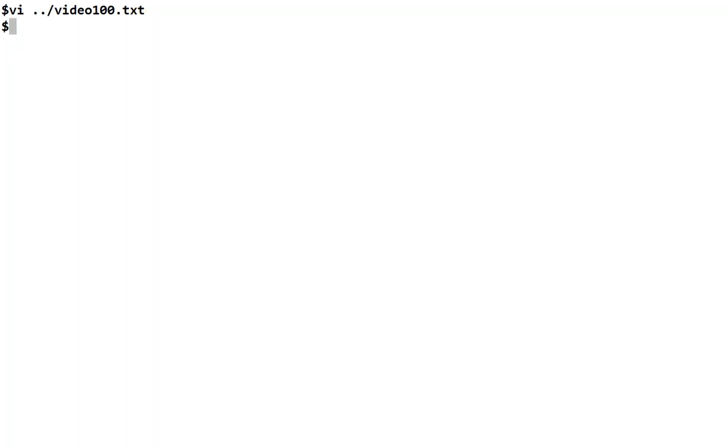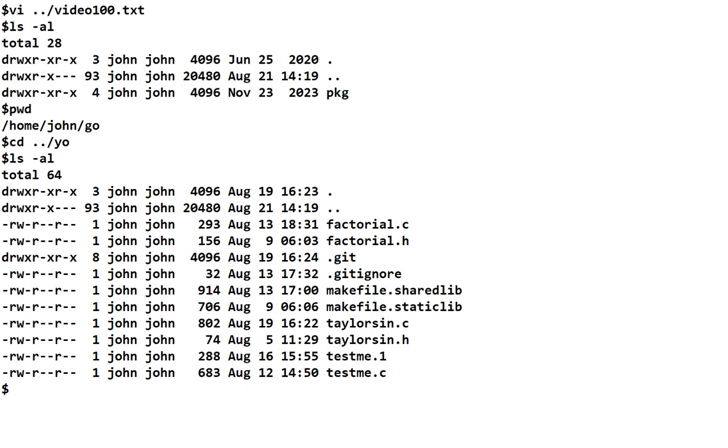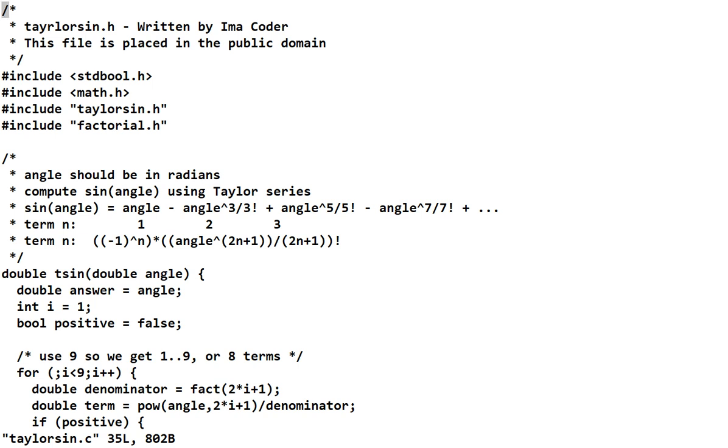Alright, let's do it. And you say, how can there possibly be any mistakes in our wonderful code? We ran a test before we did a check-in every single time, like we should. Well, let's take a look at Taylor sign again. I think that's the last thing we modified. And if we look at this,